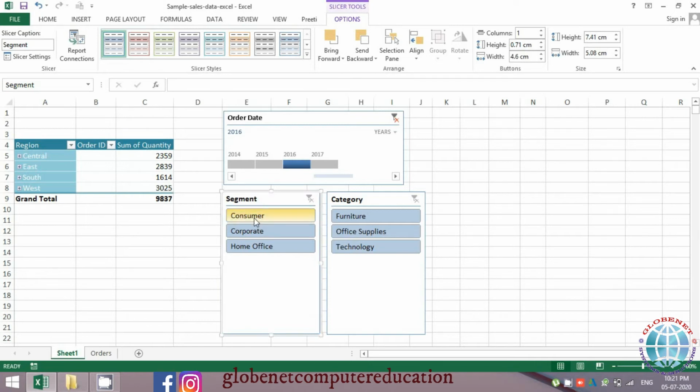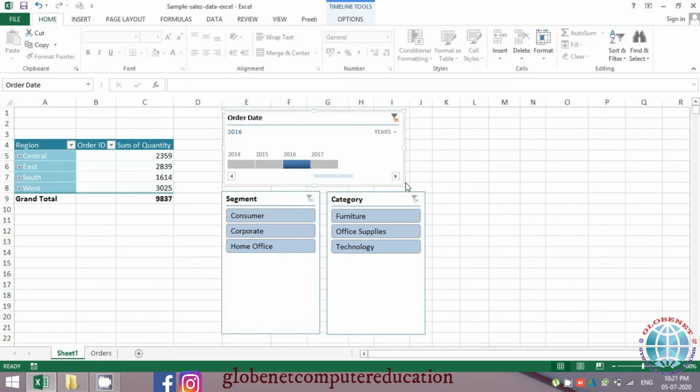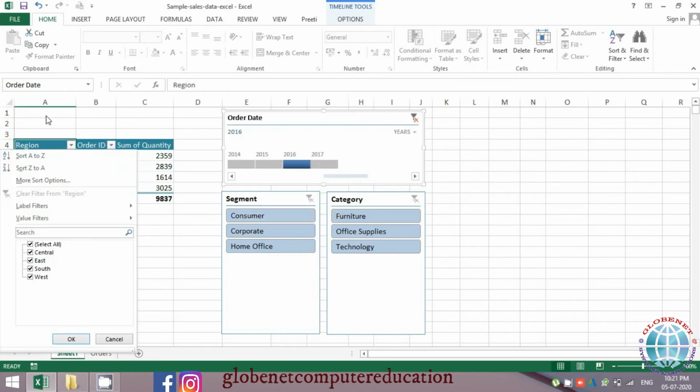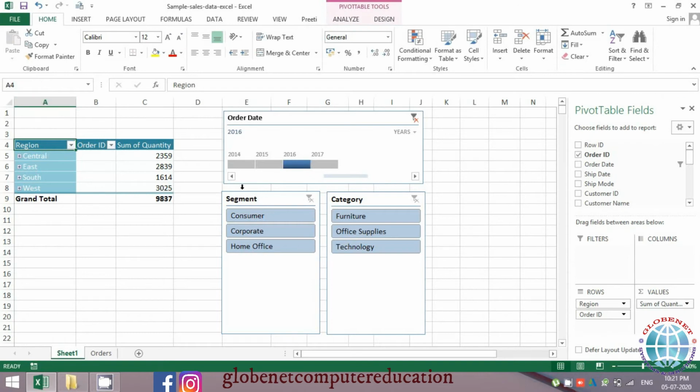Let's say I'm presenting my data to someone and I want to quickly filter and show. Instead of going to filters and doing the basic filters, or doing filters from here, you can give a better presentation by keeping these slicers and timelines, and you can just click and your data changes. Let's say I want to show consumer data for office supplies, or corporate data for office supplies, you can just click and change the view in one go. That is a plus point of this feature. It's very good when you have to present and create a beautiful dashboard.